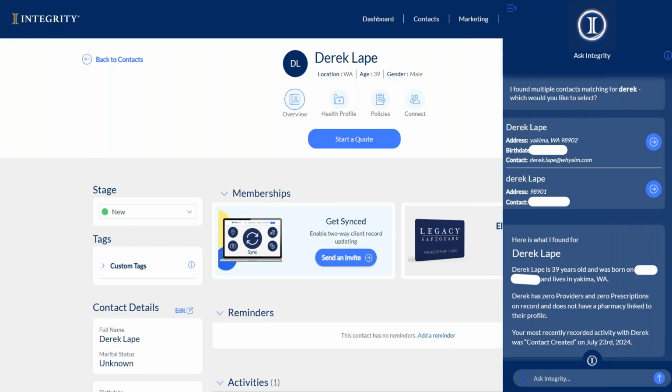So you don't have to have an amazing memory and remember every little detail about your clients. This is something that's going to pull it up for you and give you kind of a quick snapshot of, okay, this is what they have. This is what I'm going to talk about. This is what they need. This is some personal notes on them, right? It's going to give you all that, and it's going to save you a lot of time from having to go back through and scroll through all your notes and try and find the pertinent information you're looking for. So it's a really nice, quick way to get recaps on your clients and prep for whatever meeting or phone call you have with them,